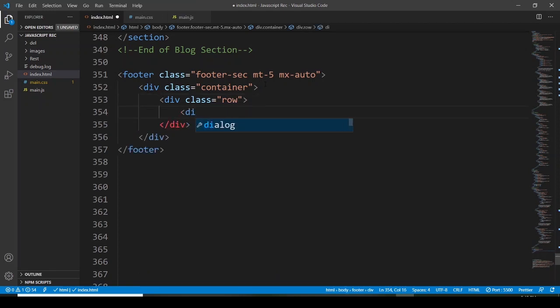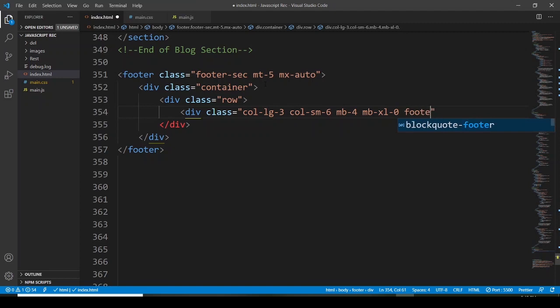Then we have to use another division, assigning it a class. This class is going to be col-lg-3, and then col-sm-6, and then margin bottom is going to be 4, margin bottom for extra large devices is going to be 0, and then let's name it footer-widget. Okay,